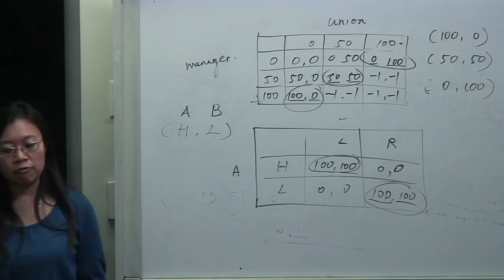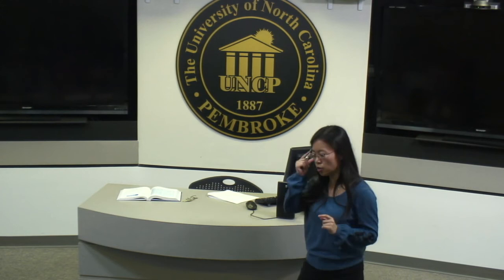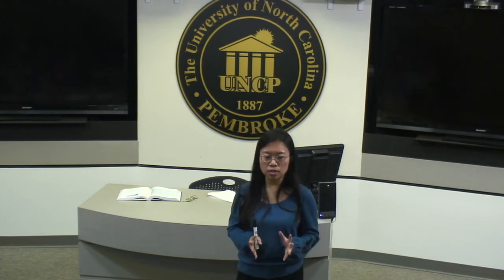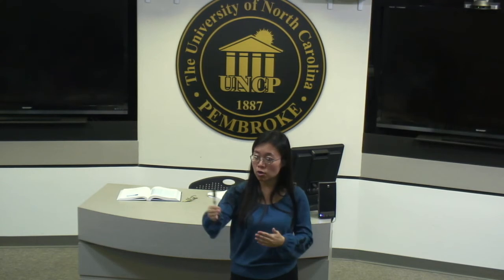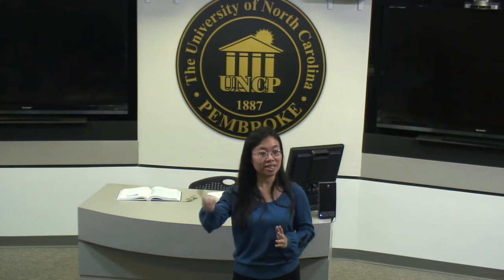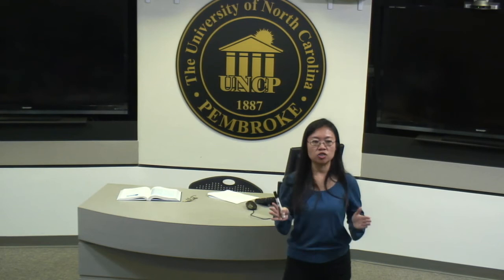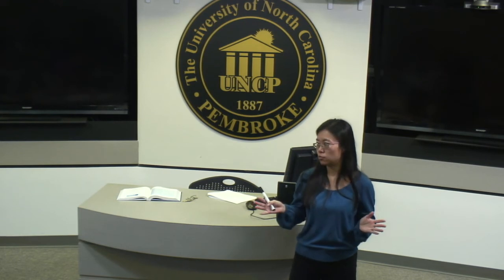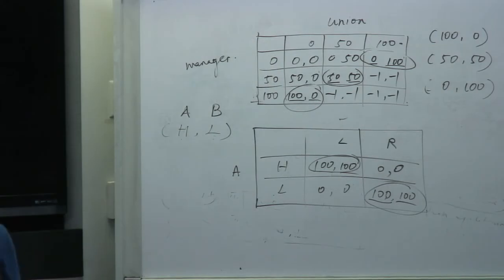This was the first section of this chapter, on the simultaneous but one-shot game. Players move simultaneously. When we choose a number, we choose at the same time. I cannot see his number, and he cannot see mine. It's a simultaneous move game, and also a one-shot game, which means there's no future concern to worry about. Now we're going to expand to the simultaneous move but repeated game. What if the game is repeated several times?